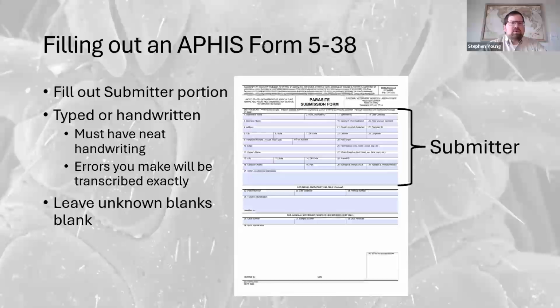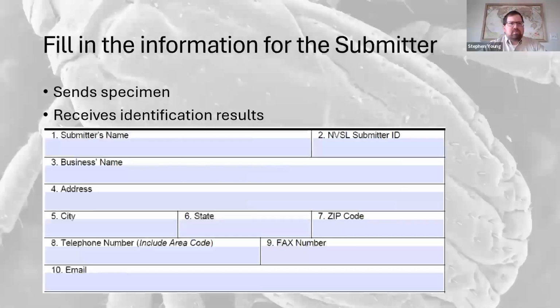Also, if you don't know something, leave the blank unknown. You don't have to fill in every single blank. So if there is something you don't know, don't guess at it, because misinformation is even worse to deal with than no information. So moving on to the specifics of the submitter form,